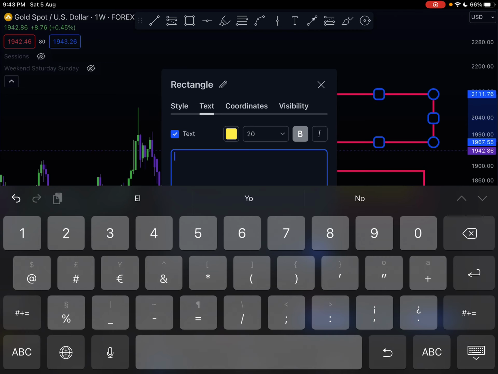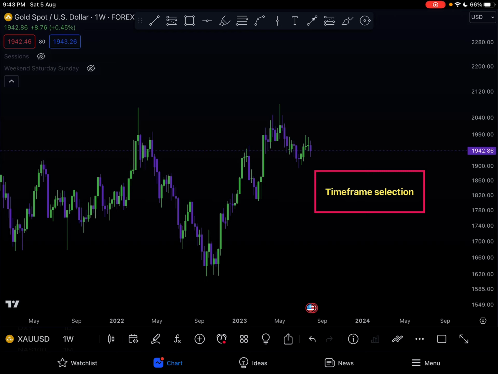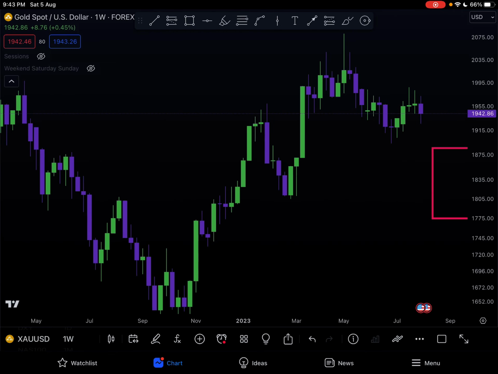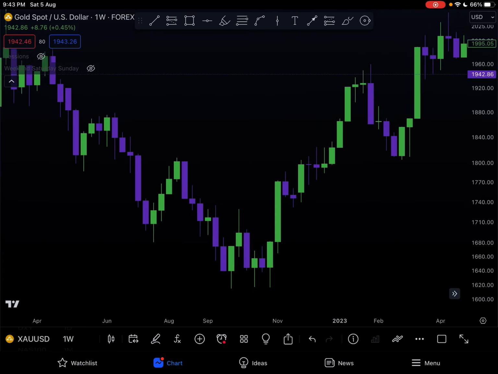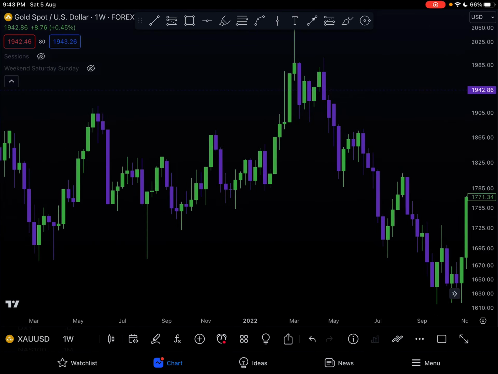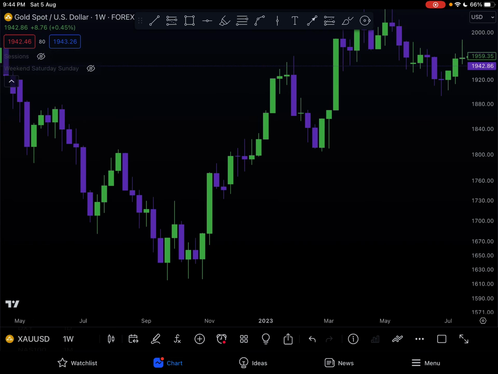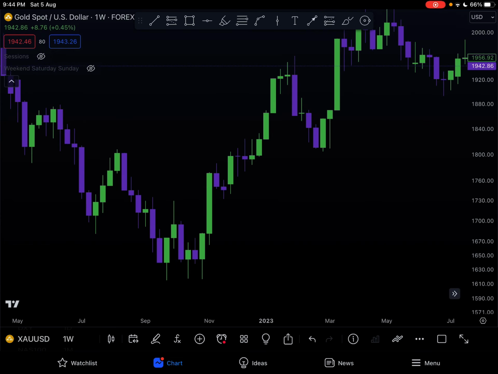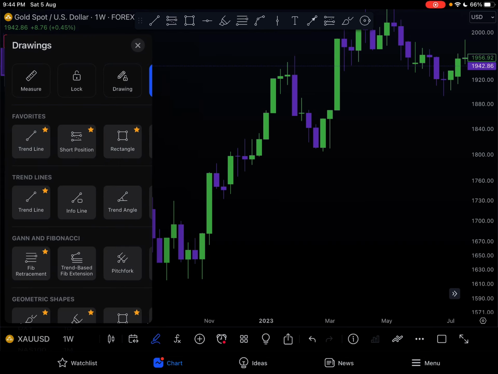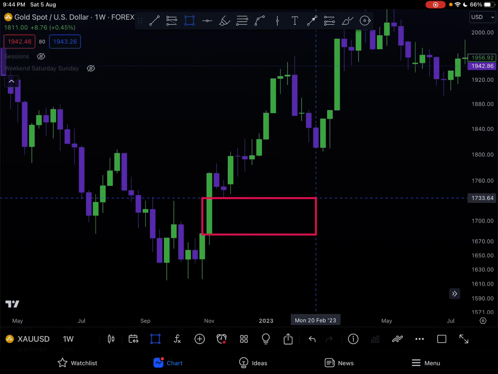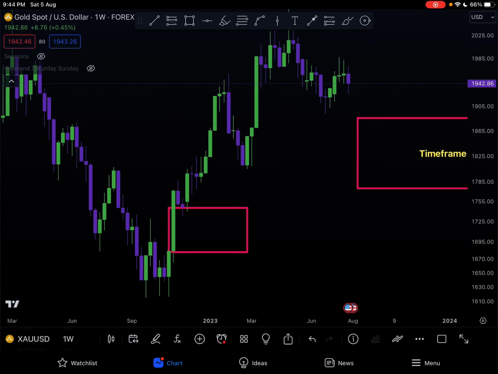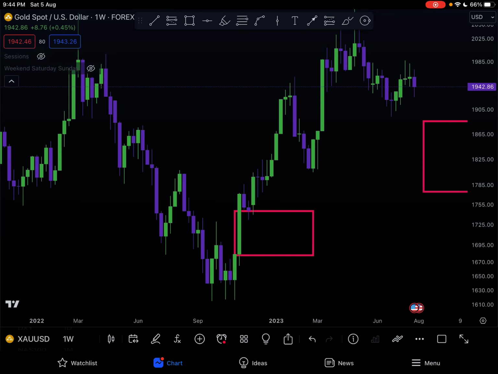So when I get in the chart, right, let's say, for example, I'm actually not going to do that right now. Let's say I'm on the weekly, right? And a lot of times some of my favorite moves are just the easier ones. You really don't even have to add too many confluences or whatever for you to have a successful trade. And this is what's so cool about it, okay? Let's say, for example, again, I really like this fair value gap here. I've talked about this fair value gap a few times, okay? And again, we're looking at gold on a weekly time frame. I want us to look at this again, okay?